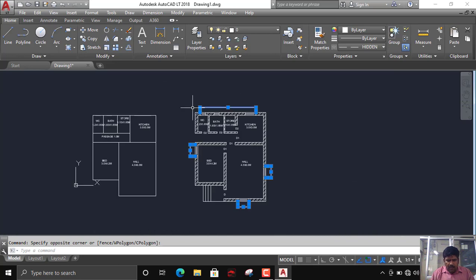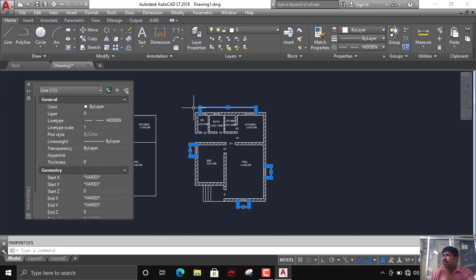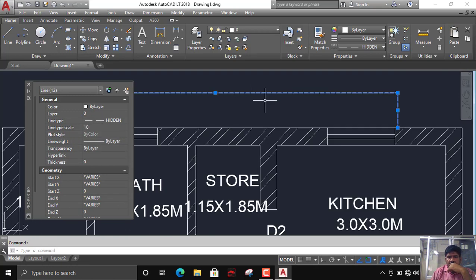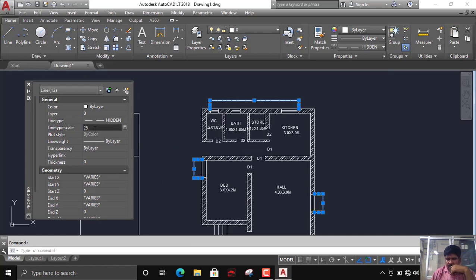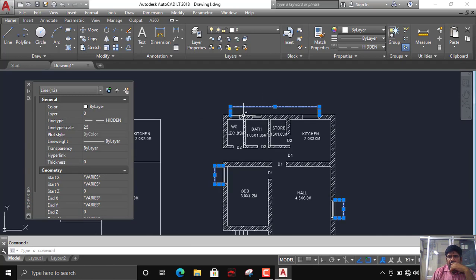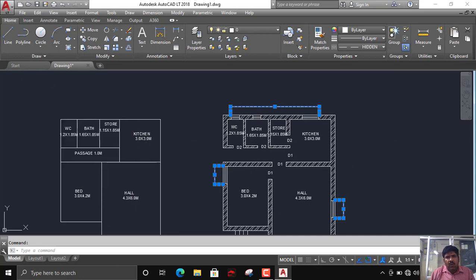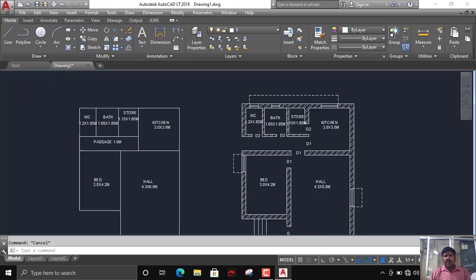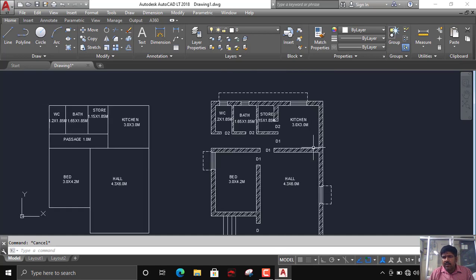You have to increase the scale. For that, you go to Properties, select these lines, and increase the scale. If it is okay, you can increase up to whatever level you want for these hidden lines. Done.